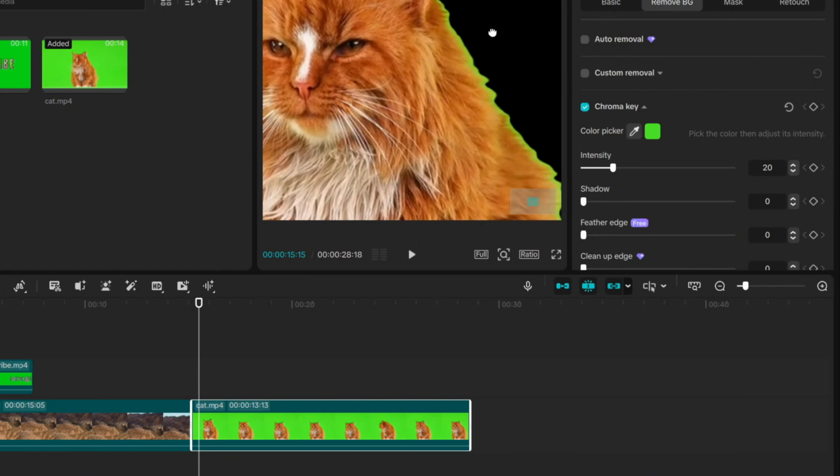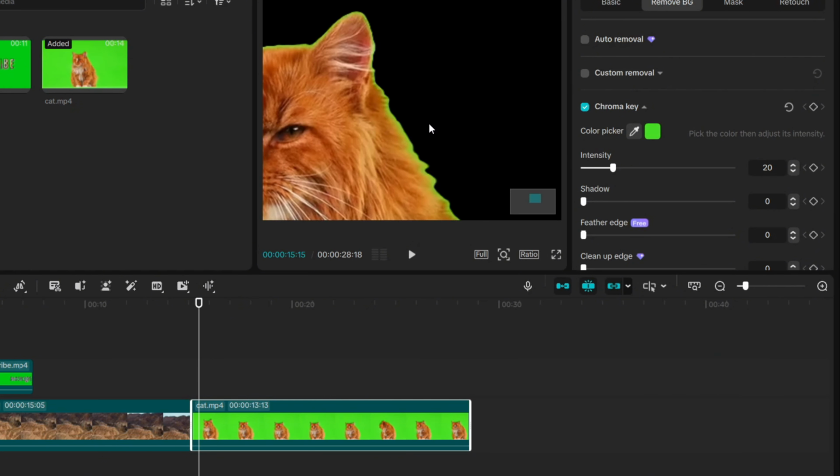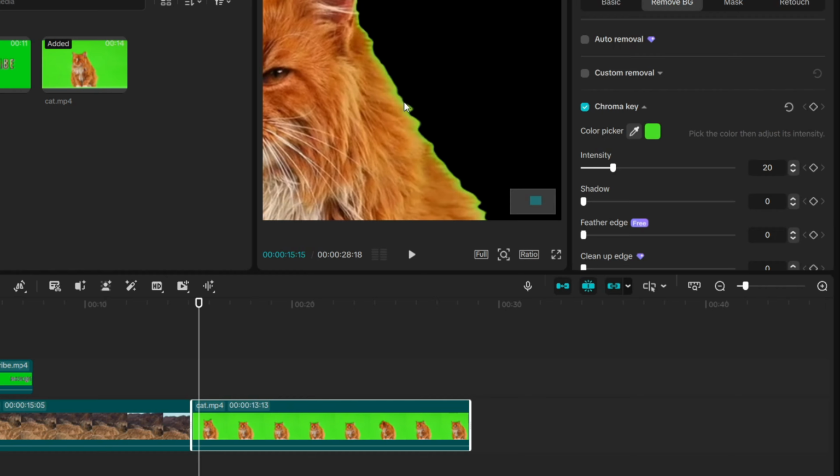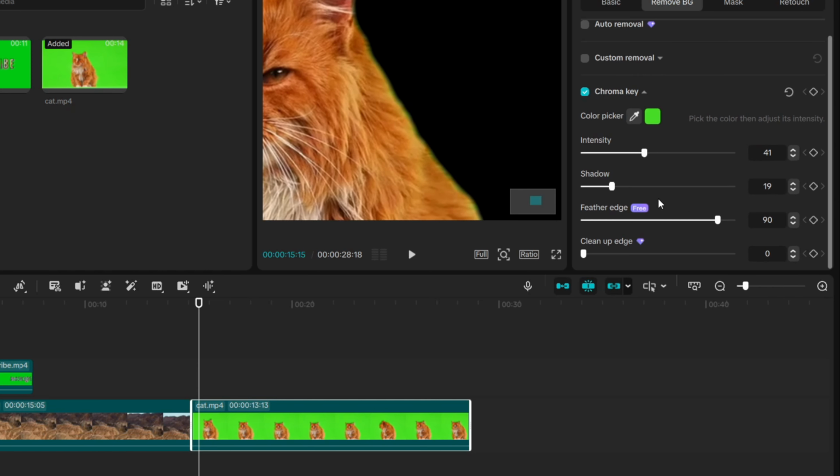But if we zoom in, you can see there's still a little bit of green left and the edges look a little jagged. So let's try to add a little bit of feathering to it to filter and maybe increase the intensity a little. That way it removes more. Maybe about there's alright. There. See what shadow does. Shadow doesn't seem to make much of a difference. Might just be placebo, but